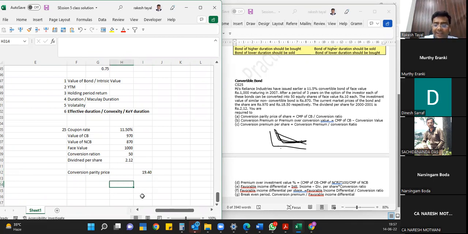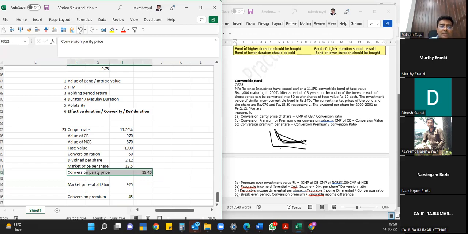Conversion premium, because I can get these 50 shares, market price of shares will be, that is also given, no? 18.5 market price per share. So from the market I can get 18.5 into 50, that is 925 I can get. So all shares converted, and I am paying 970. Conversion premium will be 970 minus 925. सर ये कन्वर्जन पैरिटी प्राइस कैसे कैलकुलेट किया एक बार बताना।